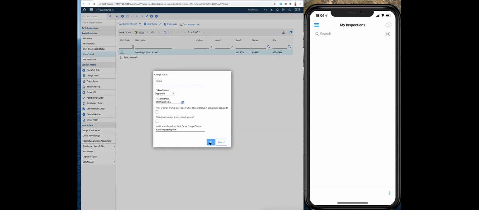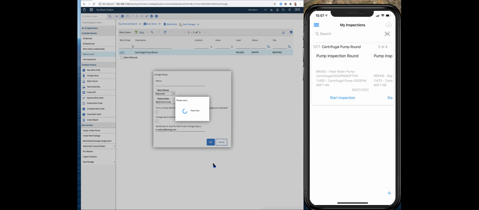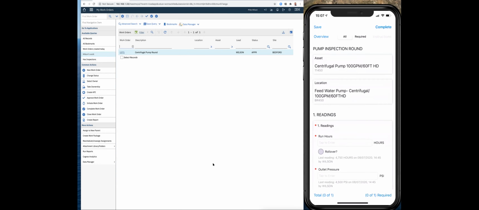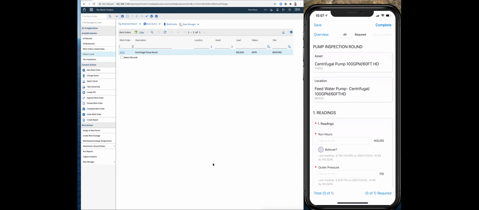The length of time that takes varies on the settings you have, the capability of the network, and so on. In this case, I'm using a virtual machine, so as you can see, it's very, very fast. So there's my inspection on my mobile device. It's a single work order which has a route with 4 stops on it, all of which are carrying the same form. So I will start my inspection,